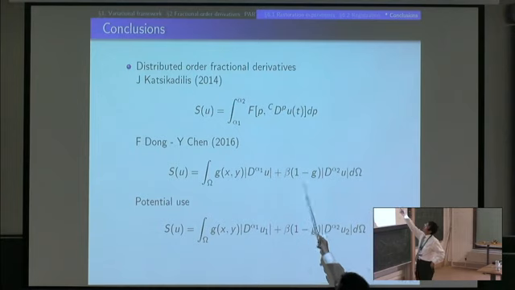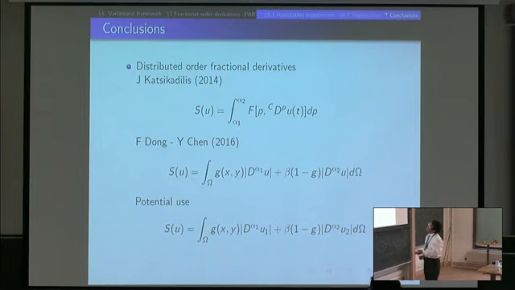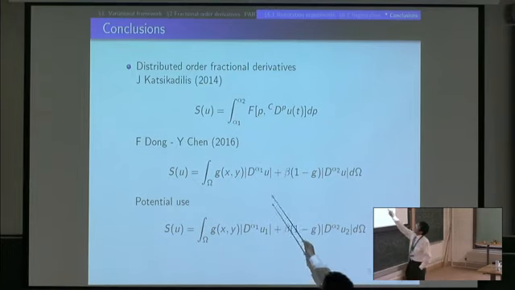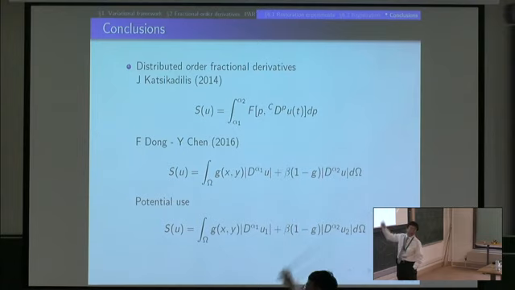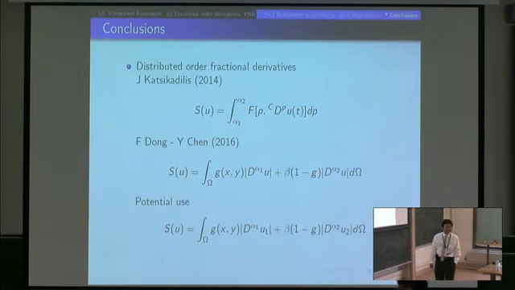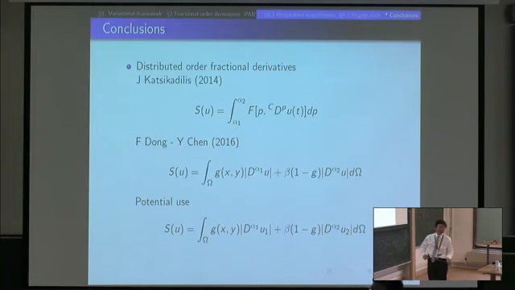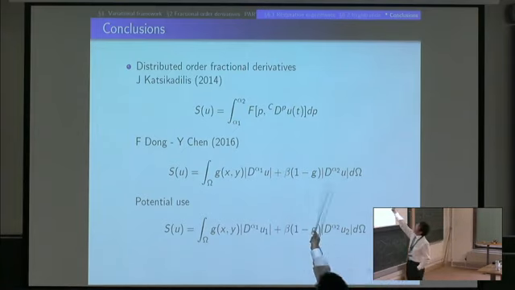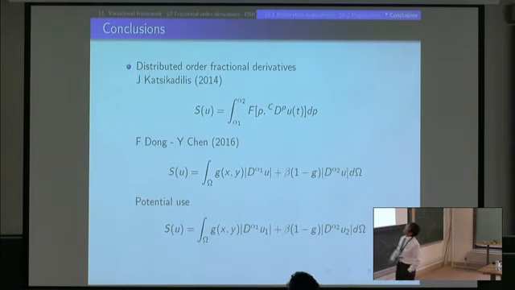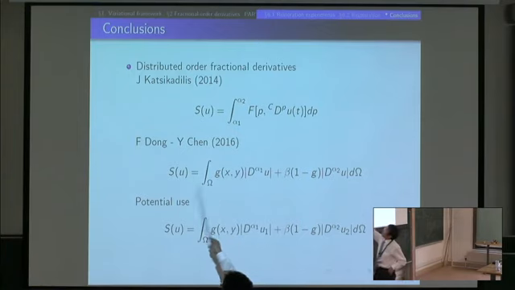The distributed order fractional derivative has been popular the last two to three years. One idea is like this: you think of a range, say 0.5 to 2.5 or whatever, and you say I'm going to use all the derivatives, including integers. In other words, you're not saying you guys are there, I'm here; if you can't beat them, join them. There are definitions like this, where alpha ranges over a set including integers. And then there was this paper by Chen and